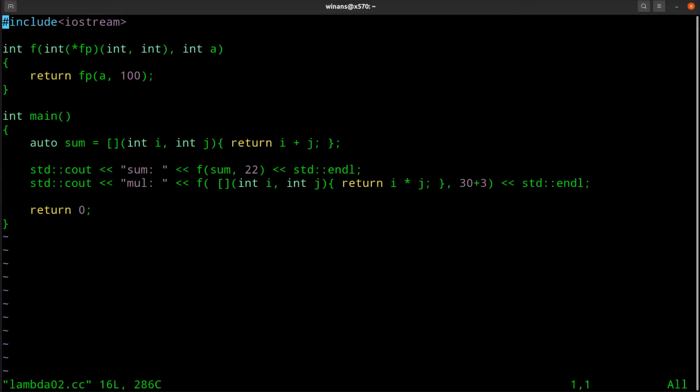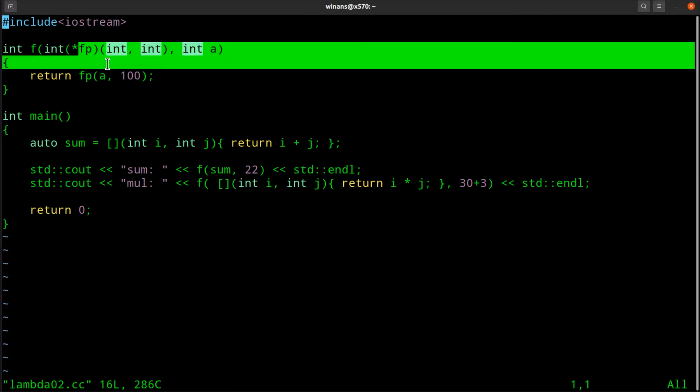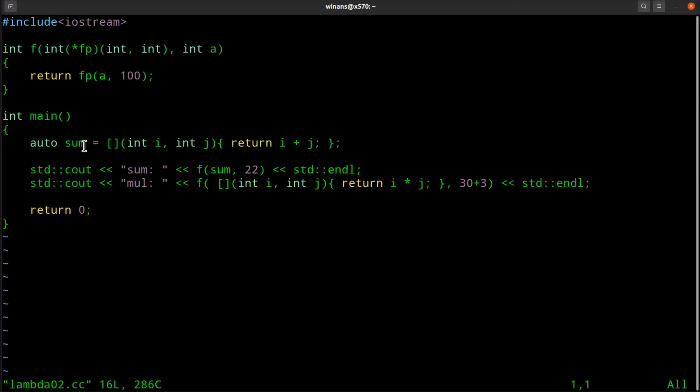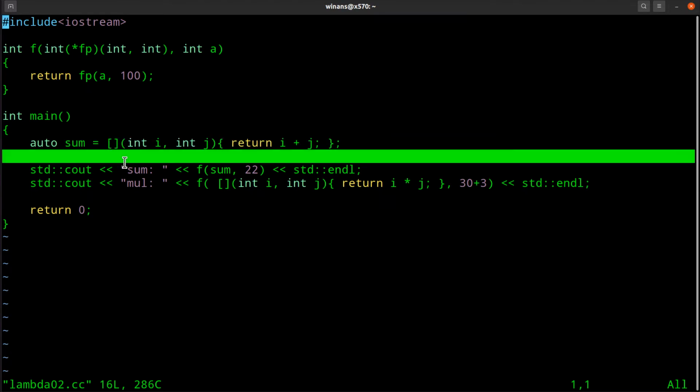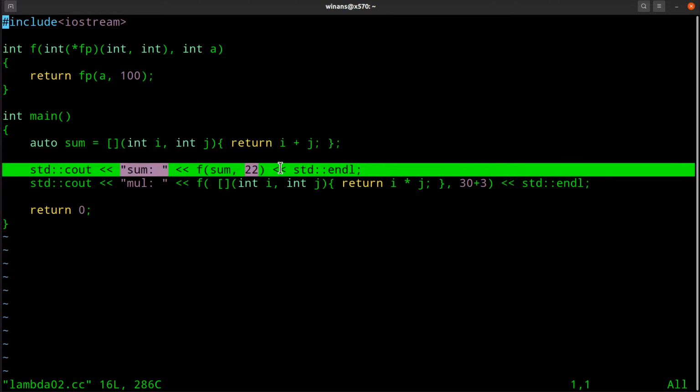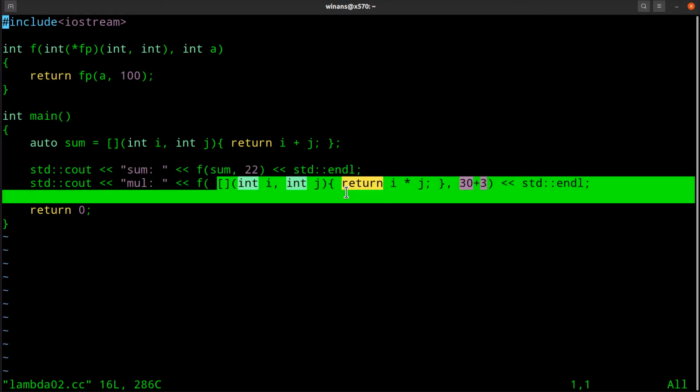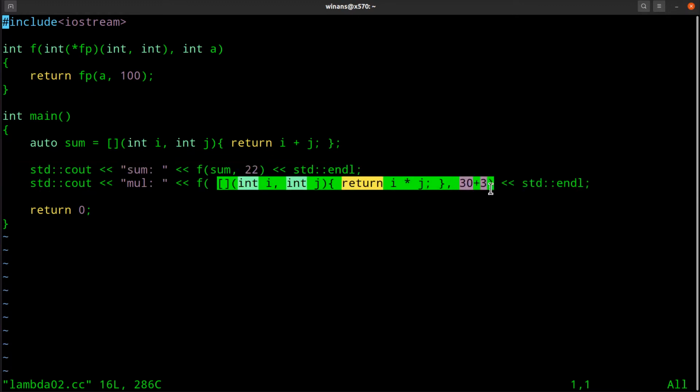Okay, let's look at this one. Same exact function up here. Here's my sum lambda, no change there. I call it, no change here. What's going on here? Well, because C++